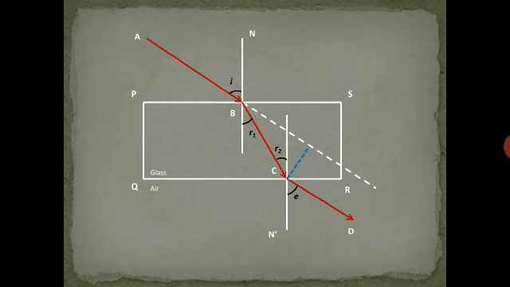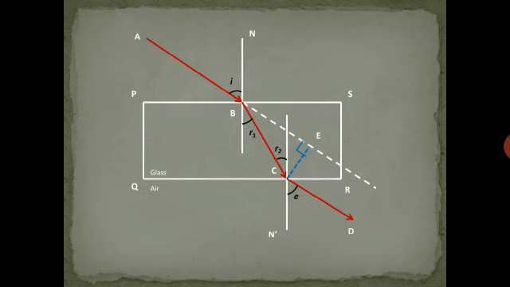We draw a normal from point C onto the imaginary dotted line. This perpendicular distance is CE, which gives us the amount through which the light got displaced. The light was travelling along the path AB, which would have travelled along the straight line shown by the dotted line. But due to the glass slab, it has got displaced laterally and is now travelling along the path CD.